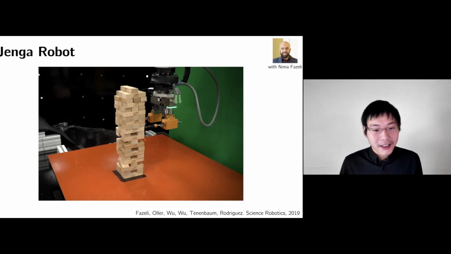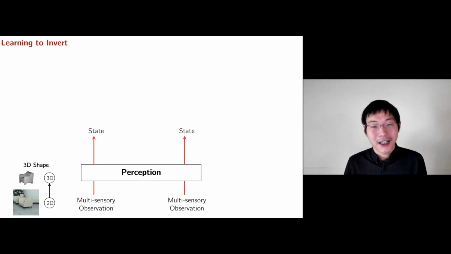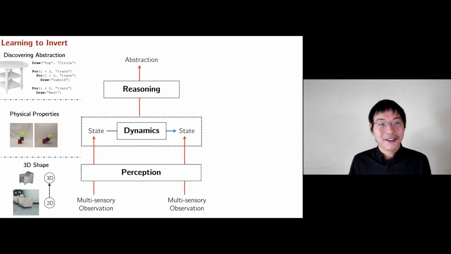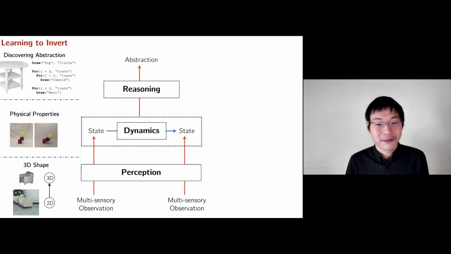Okay, and now to finally summarize, my research is really about combining learning with the physical model in the physical world. This includes learning to invert the perception model, graphics engines, but really the perception model for shape estimation, learning to invert the dynamics model for physical property estimation, and learning to invert the reasoning model to discover what are the useful levels of abstraction, like object geometry, like action abstractions, as well as learning to augment